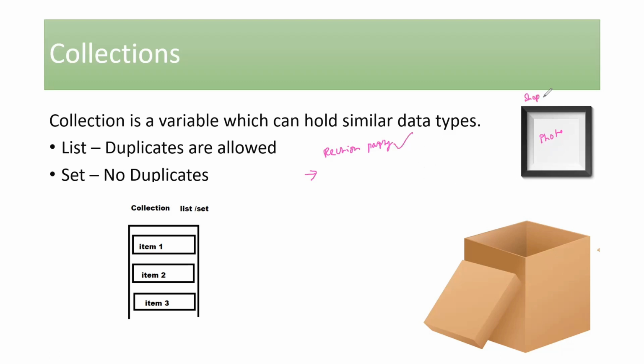Now, I went to the shopkeeper and asked for the photo frames so that I can put this photo that I have got. Shopkeeper asked me how many photo frames I need. So I've replied saying that I want 20 photo frames. So I'm expecting 20 friends to attend this reunion party. So I've asked them to give me 20 photos.